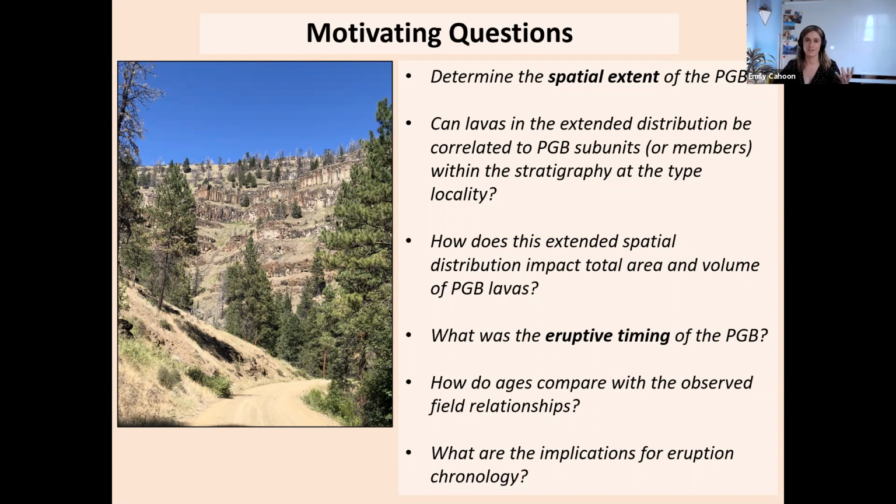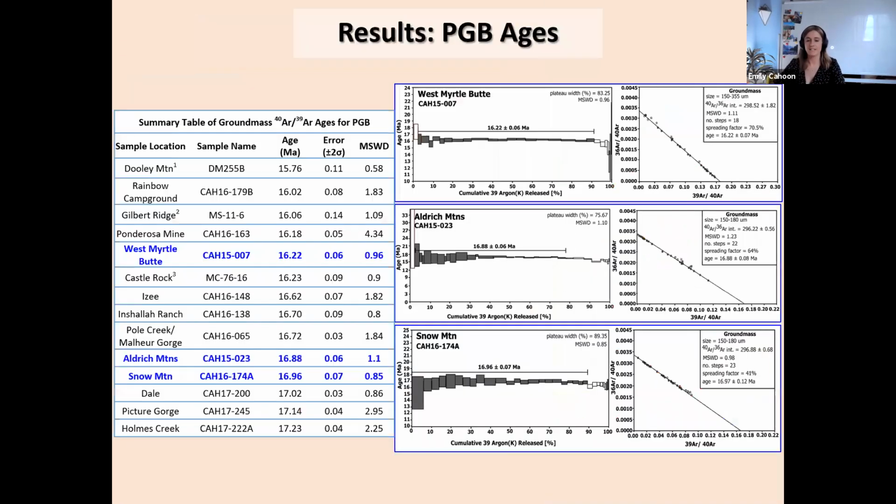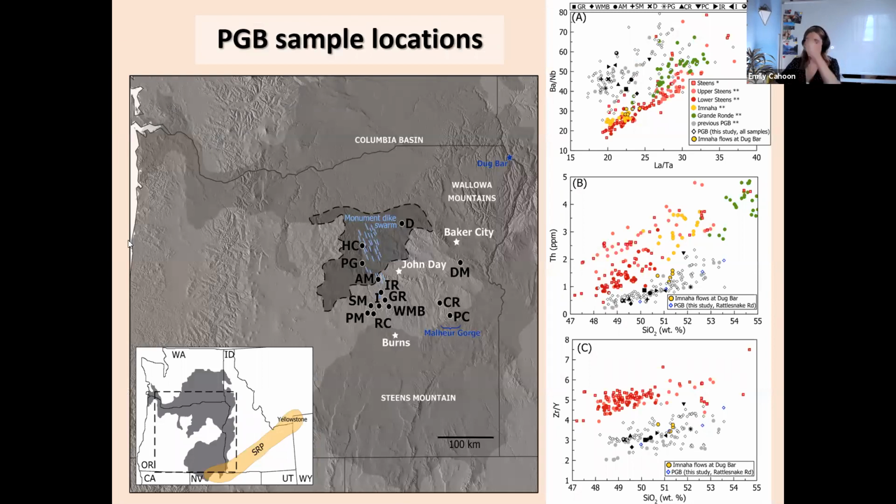We already know the potassium argon ages aren't robust and they don't jive with the new ages, but it adds another layer to the problem. And so it was, what is the eruptive timing of the Picture Gorge? When I started this project,